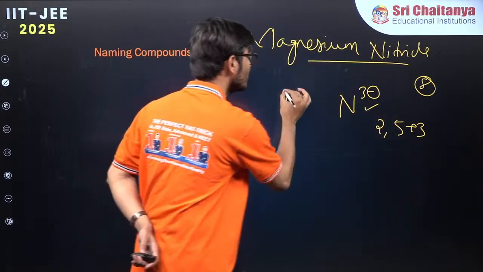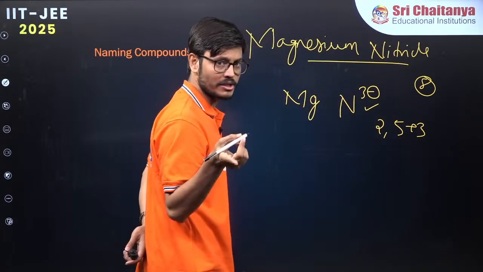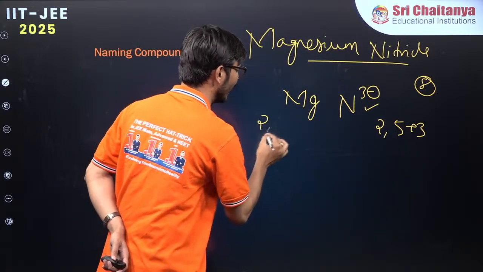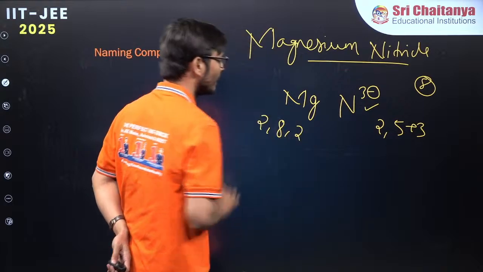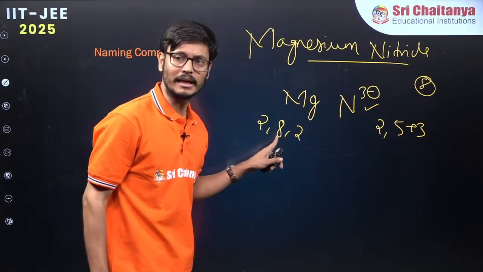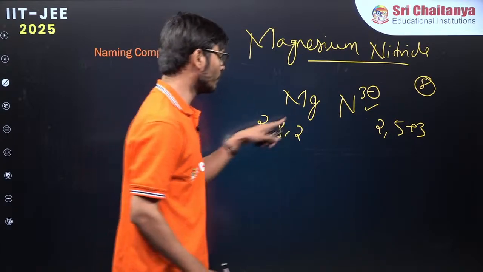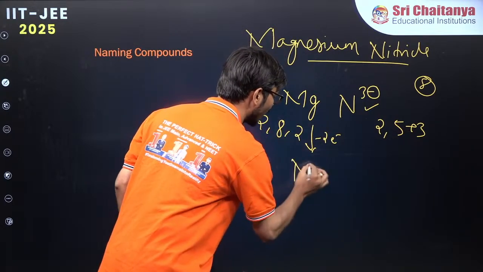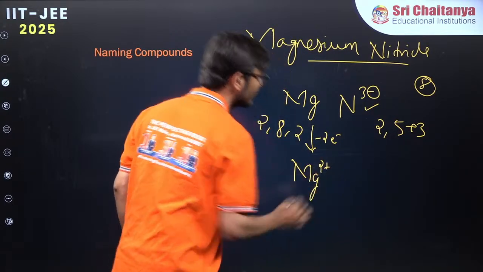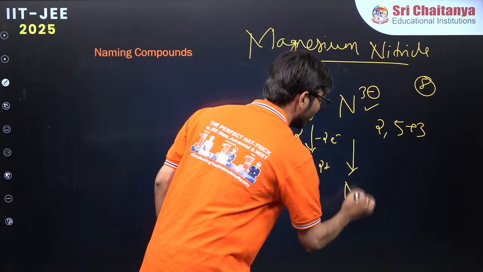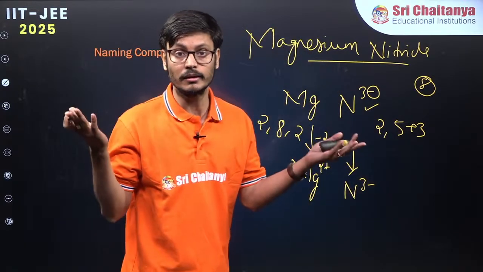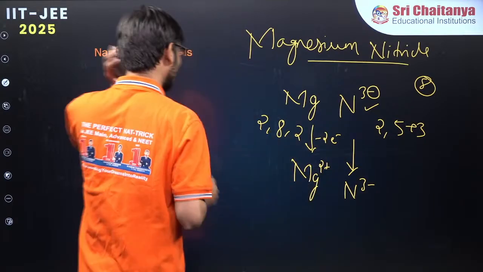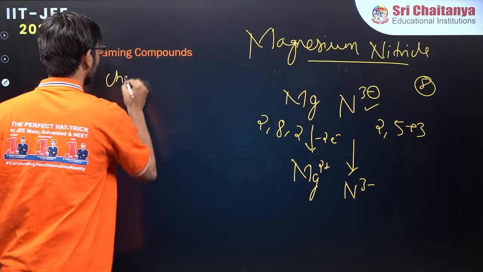And magnesium, if you know the electronic configuration, magnesium, what is it? 2, 8 and 2, right? Now, octet rule, it should contain 8 electrons in the outermost orbit. Therefore, it will remove 2 electrons, and once it removes 2 electrons, it will become magnesium 2 plus, isn't it? And this will become N3 minus. Now it is very interesting. You see, now the charges are not same. When charges are different,